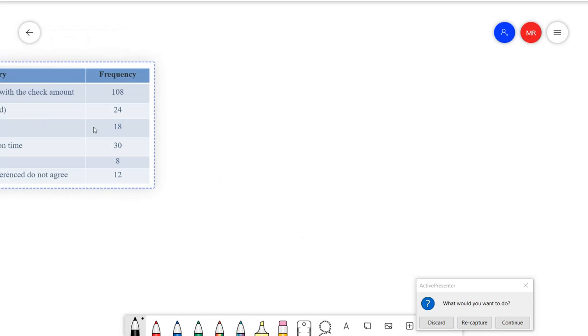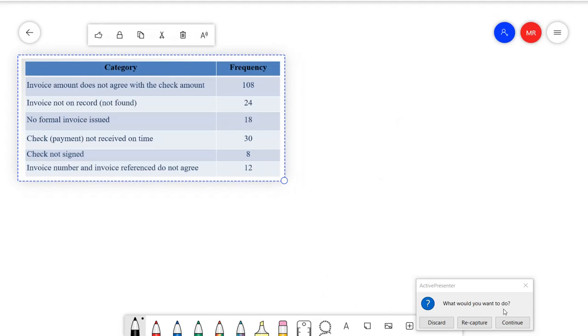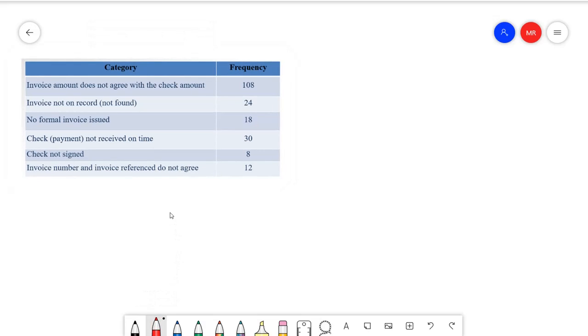What you need to do, before you construct the Pareto chart, is identify and sort this item from the highest to the lowest. Let me rearrange this one. Let's say this is A, B, C, D, E, and F. If I reconstruct this one, the highest will be A, 108, then